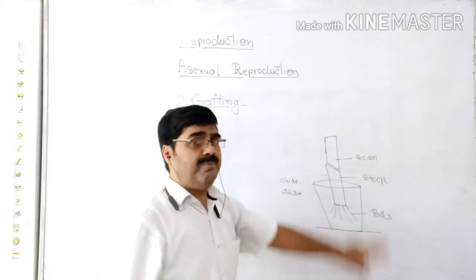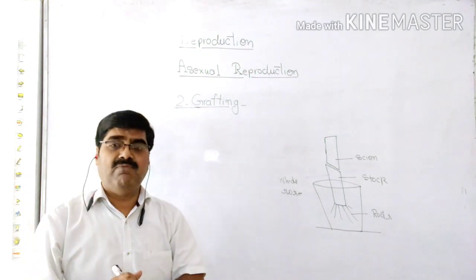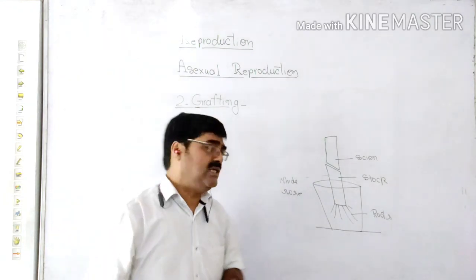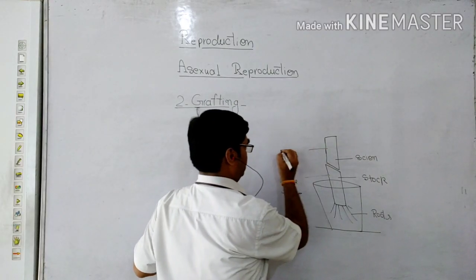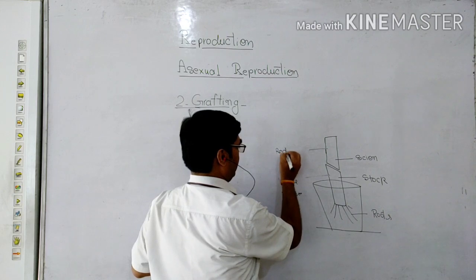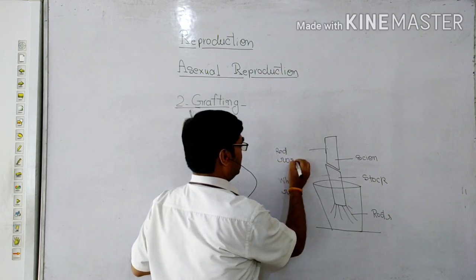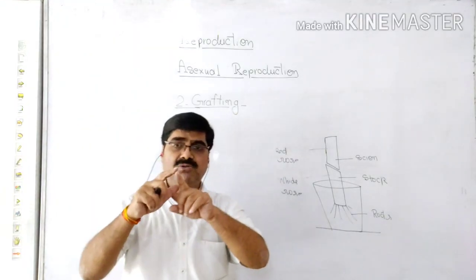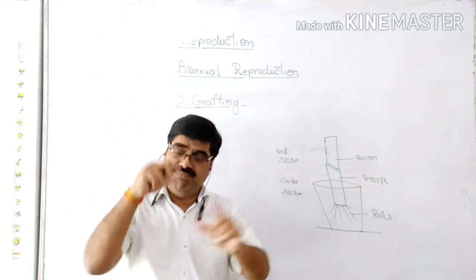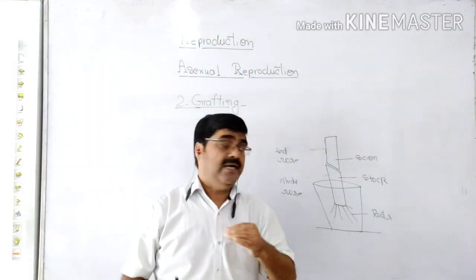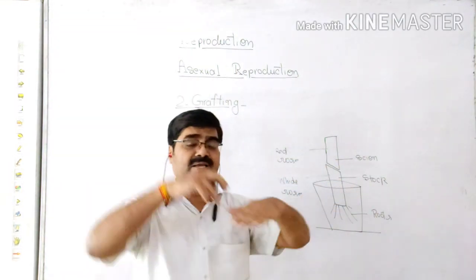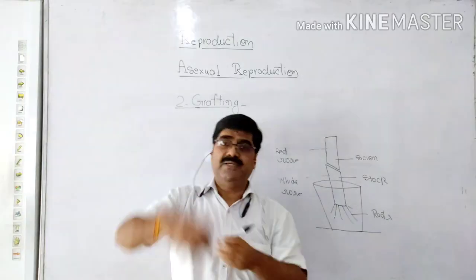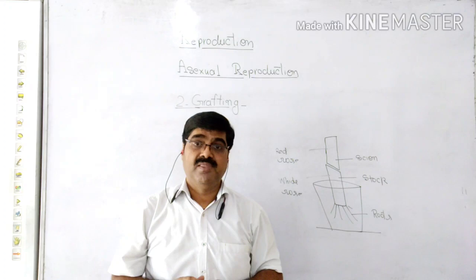And here we have taken the cut stem of another plant of the same species, like this red rose. This cut stem is called the scion. The upper part without root is called the scion, and the lower part with root is called the stock. We cut it in a slanting way and join it like this. And now we wrap it with a cloth.